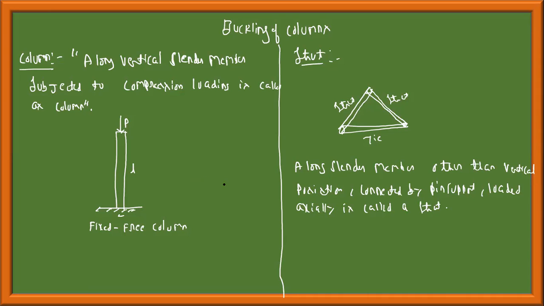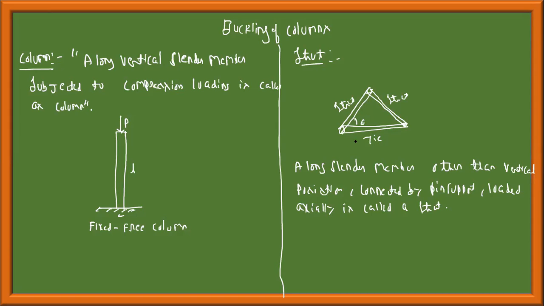Both are meant for carrying only axial loads. There can be eccentric load also, but both are meant for carrying axial loads. But in most cases, a column will be straight and vertical, a long slender member erected straight. Whereas the strut won't be vertical. It can be at some inclined position, at some angle theta with reference to some axis. It is not in the straight position.